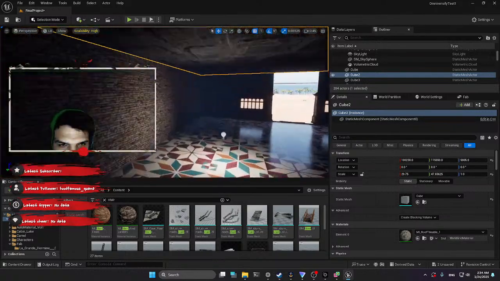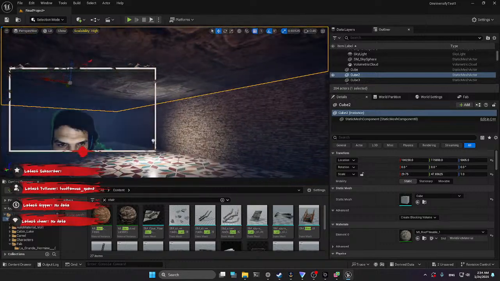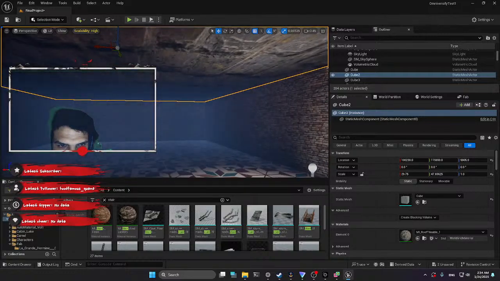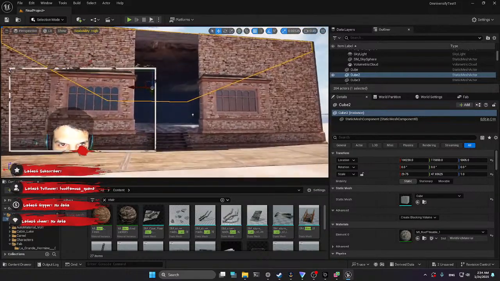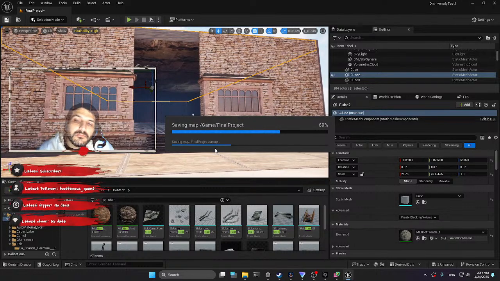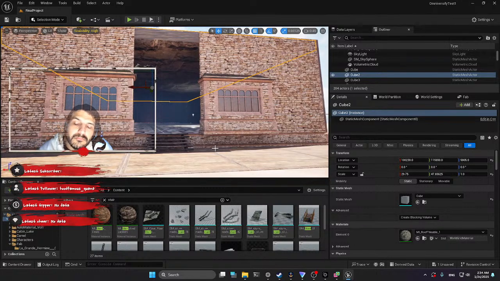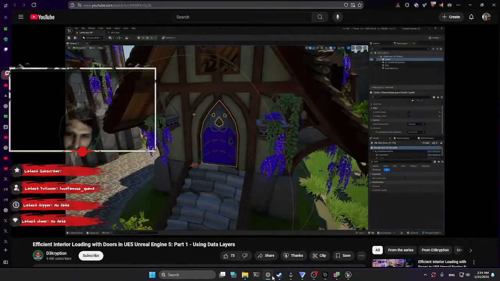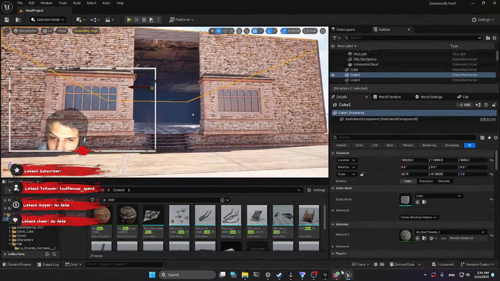A prime example of this is Batman Arkham Asylum, the first game. So in here you can see every time you click on a door, it does that loading sequence where the door opens and stuff like that. Sometimes it's very quick, it just looks like a door. However, sometimes you'll notice it takes a while to open. So as you can see now, they've clicked on the door and it's just taking ages. What it's doing is unloading stuff behind you and loading stuff in front of you. Probably far away through another door or something, but it is loading it. And if your computer's super fast, you'll probably never run into this. If you've got a slower computer, you'll